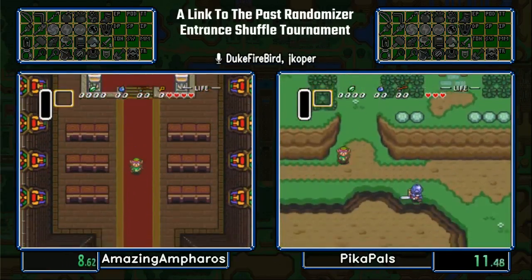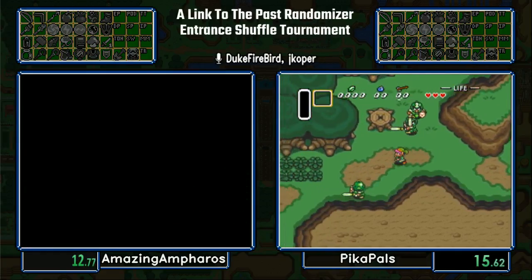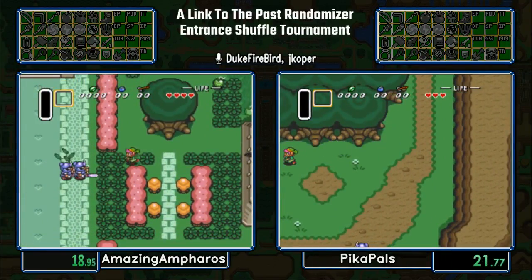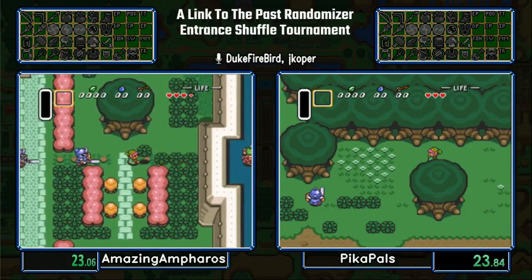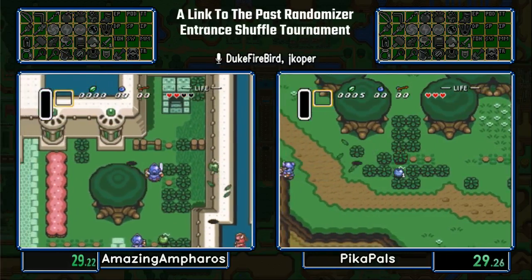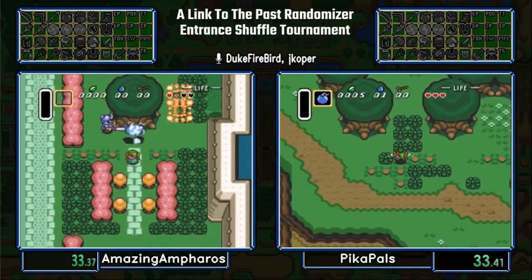You'll see pretty quick here what an entrance shuffle is, but basically, the vast majority of the entrances in the game are mixed around from normal. You might be used to seeing things in a certain spot, but they're going to be all switched around here. Yep. Hey, having some trouble killing the